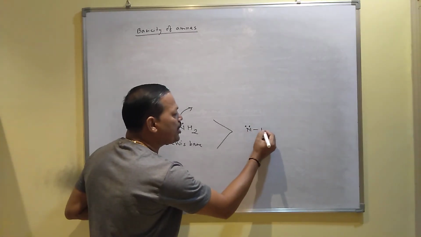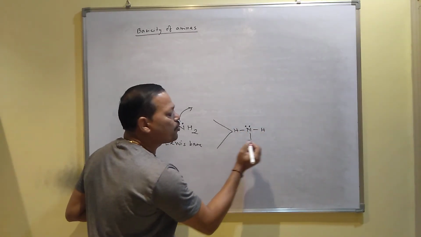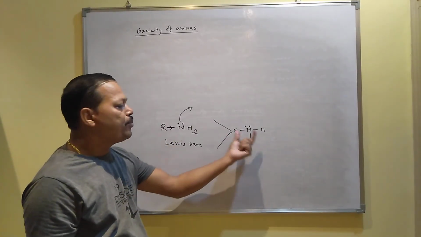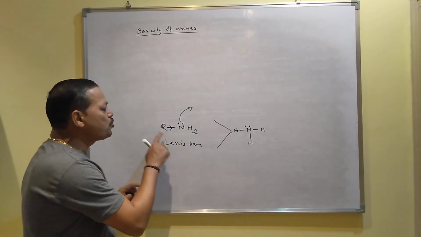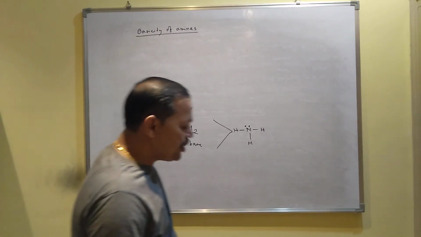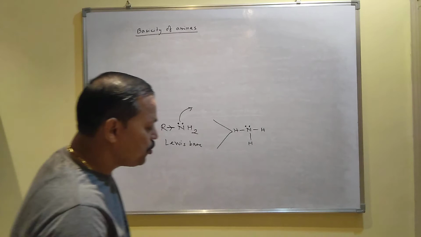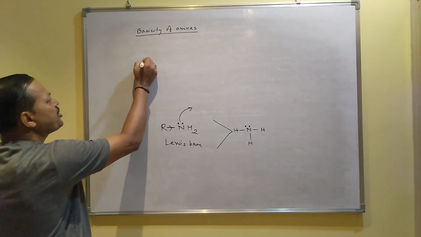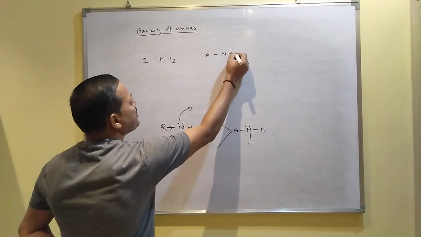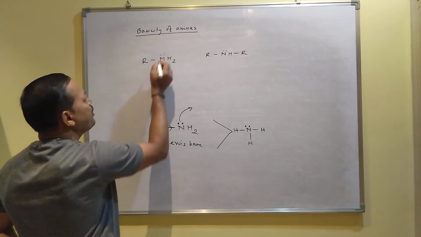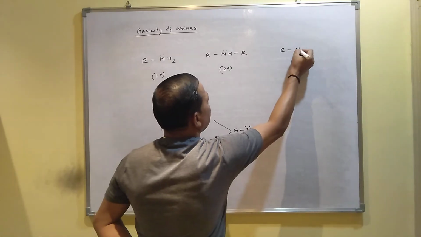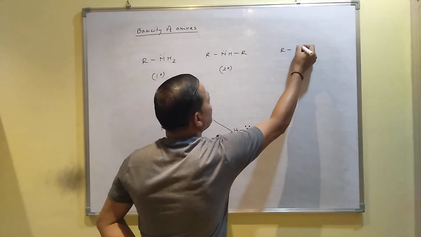In ammonia, as you know, there is hydrogen, and hydrogen is not an electron donating group. So that is why ammonia is also basic in nature, but as compared to amines, ammonia is less basic. It is only due to the presence of this electron donating alkyl group, I mean due to the presence of a plus I effect group. Now as you have seen, there are 3 types of amine: RNH2, which is primary amine, RNHR, which is called secondary amine, and this is your tertiary amine.